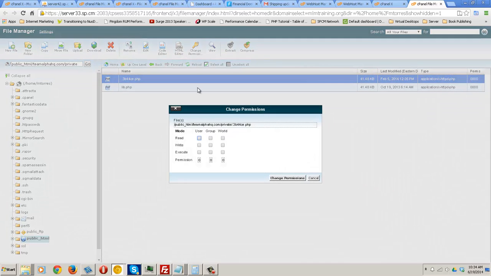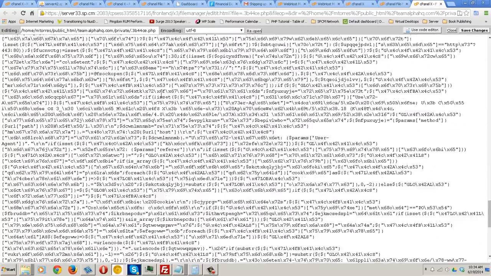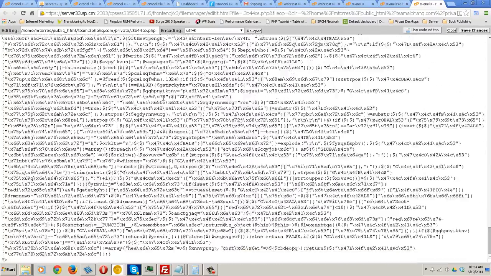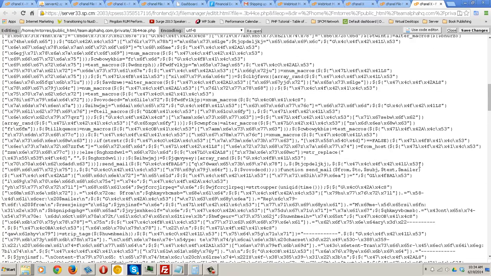So change permissions, read write, change permissions again. Now when I click edit, you see all this gibberish that I was talking about. And the attackers are counting on you not seeing this stuff, or you changing the permissions, or having file loaders or whatever, so that if you try to do a mass replace, you won't have permissions from your account to remove it or delete it. So